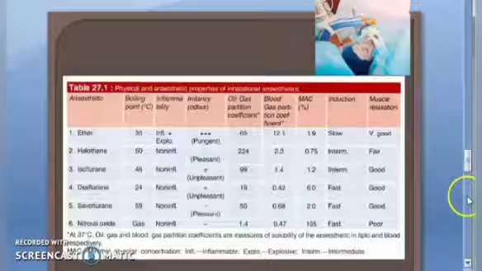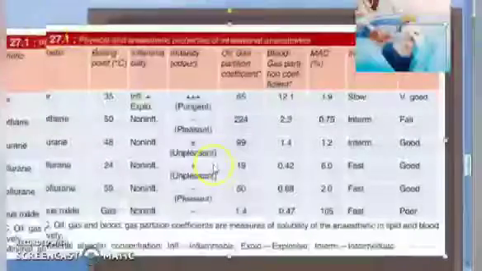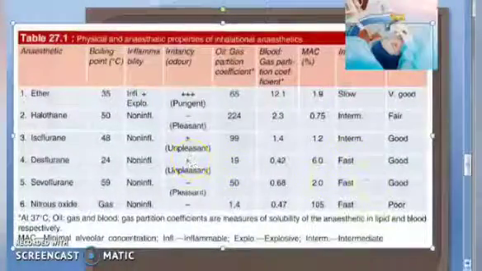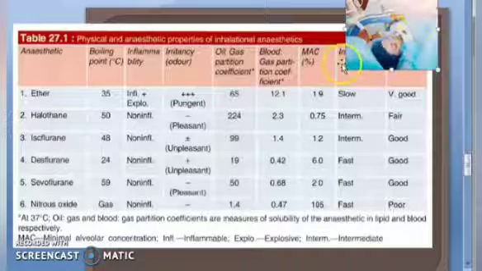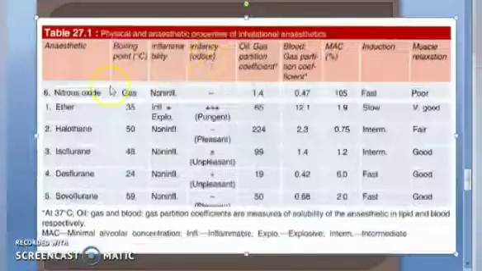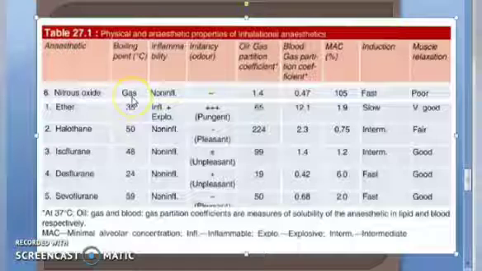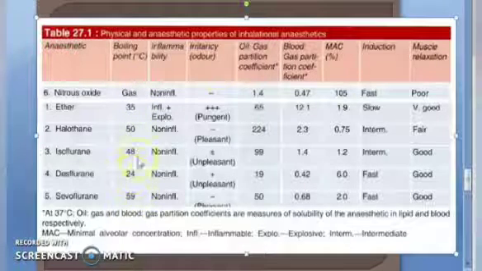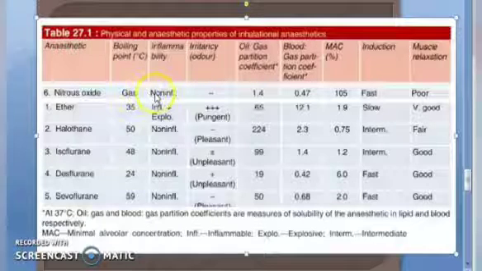There is one table here, if you want you can look at this, and here it will tell you the differences. Just see if you can understand anything in this table. Nitrous oxide is gas, correct? Everything else is volatile liquid. Nitrous oxide is